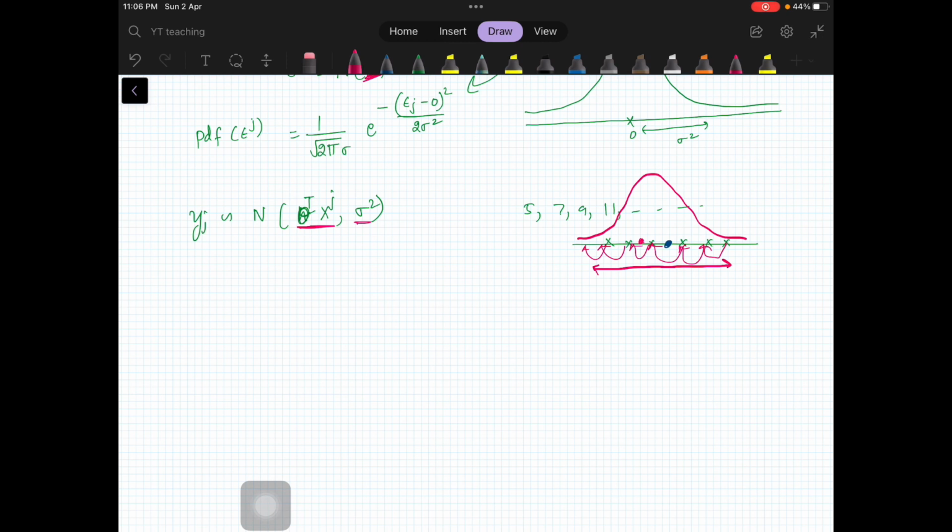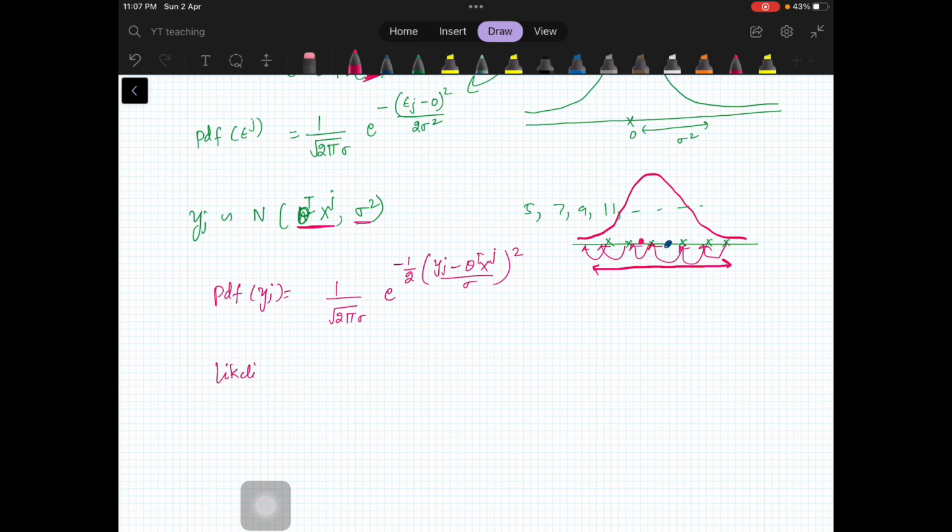probability of yj? So the PDF of yj will be 1 by square root of 2 pi sigma, e raised to the power minus 1 by 2, now you will have yj minus theta transpose xj, okay, xj is in the top, whole square over sigma square, right? So now, because I want to find out my thetas, so I'll say, so my likelihood